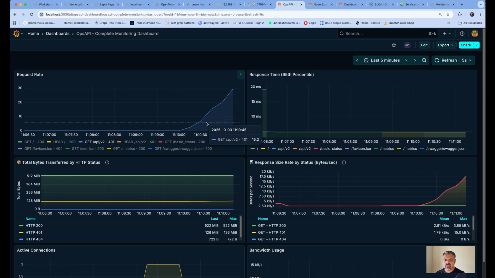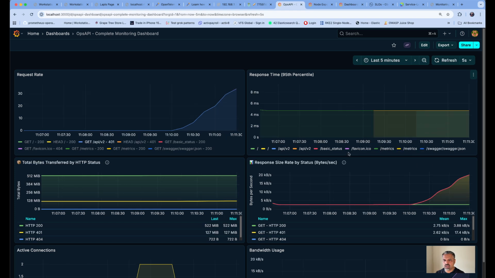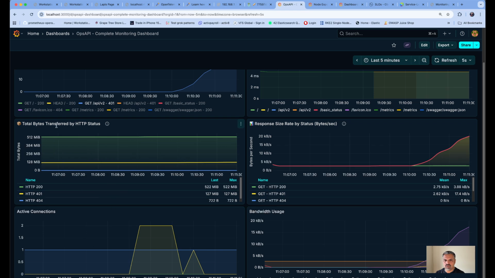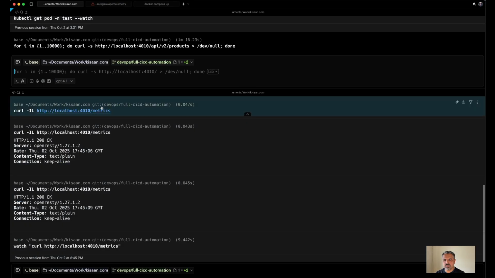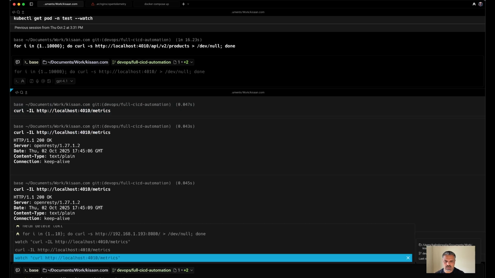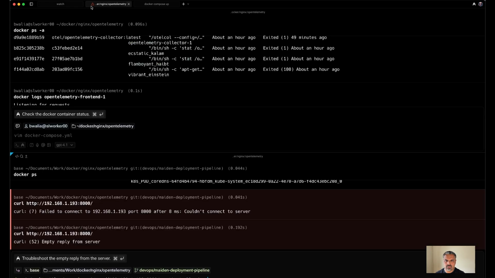As you can see, we have started to hit an average of 30 requests per second, and this also should start to show what the endpoint is now. Here we go. And you can see the total bytes transferred also start to increase, and if you wanted to, you can send some more data requests, and we can also try to send